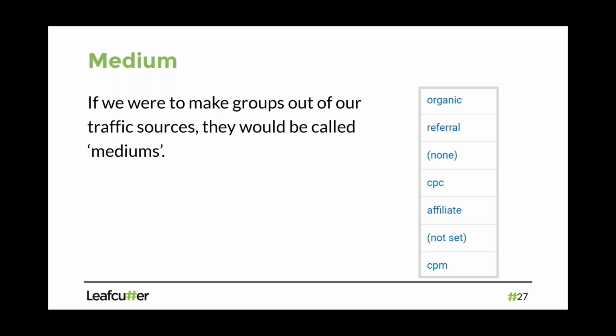I normally come up with new ones. If I'm doing paid social activity, I might have a medium for that. If I have links in PDFs that I send out, I might have a specific medium for the links in those PDFs as well. So you have a lot of flexibility with how you do those mediums in your reports, and we'll talk a bit about how that can impact the channels. We also have a spreadsheet for managing these. If you need a way to manage them and share it with your team, it's just a Google Sheet, which you're more than welcome to have a copy of.